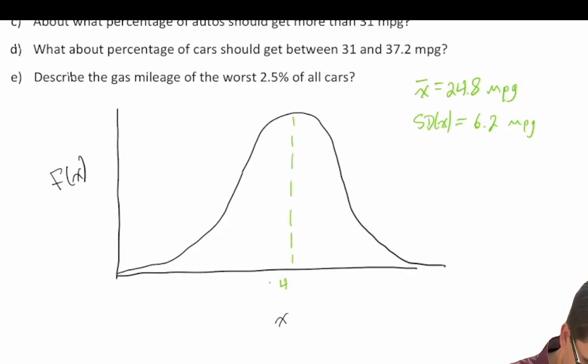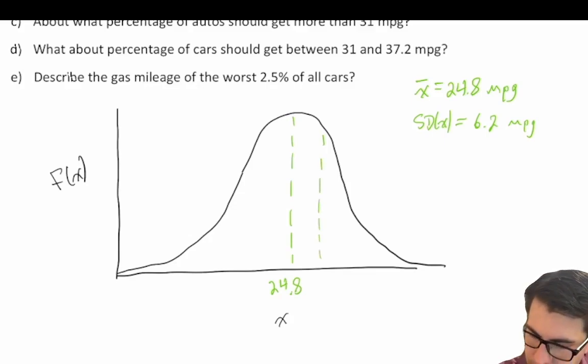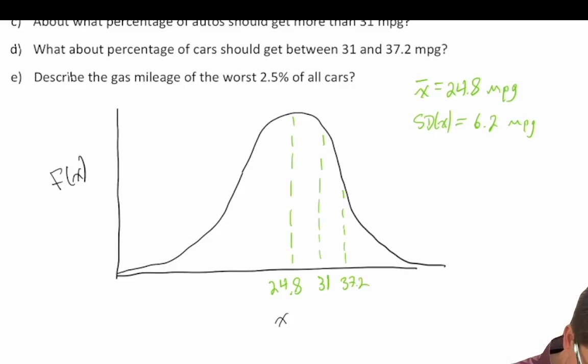24.8 is our mean. And then we're going to say plus 1 standard deviation, so 24.8 plus 6.2. So 24.8 plus 6.2 gives us 31. Plus 6.2 is 37.2. Plus 6.2, which gives us